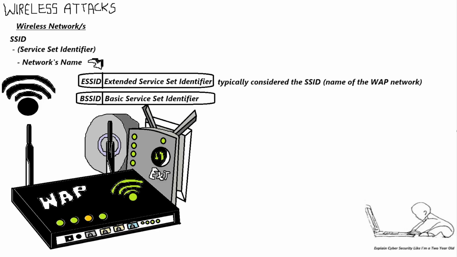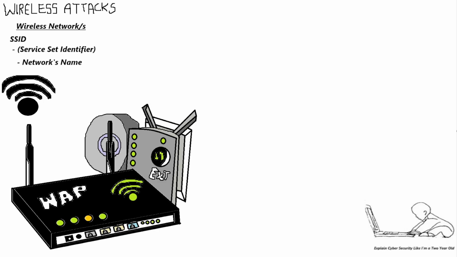As for the BSSID, well, this is hardly ever used in a typical configuration by a typical user, but this is the actual MAC hardware associated address of the wireless access point. You can think of the SSID as the human readable text format of the BSSID, in a similar way to how DNS domain names act as a pointer to the underlying IP address, aka BSSID.